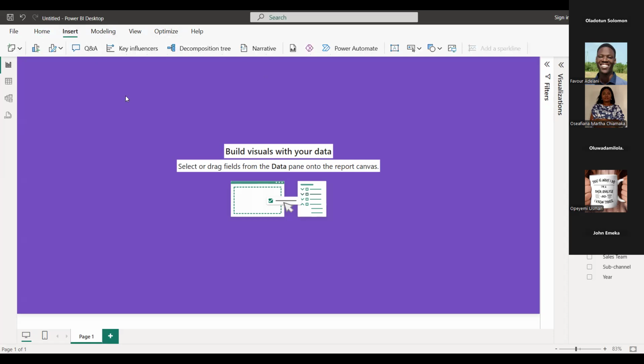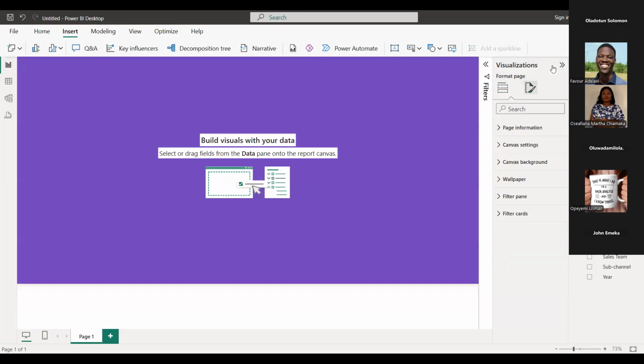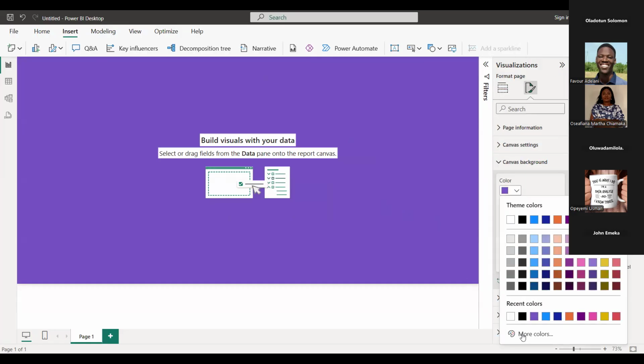Now, from the report I showed you earlier, we are going to be working with myDataClique colors for this report. That means I'm going to change my background color to a shade of gray. If you can still see my screen, you can see that I don't have myDataClique colors in these color selections, so I'm going to come to more colors.